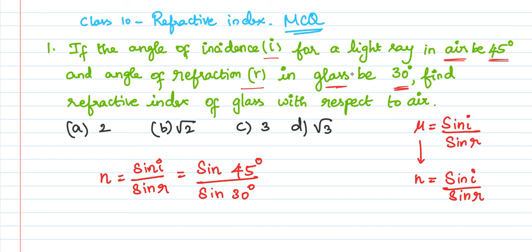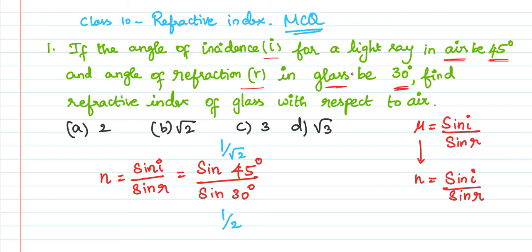So from the trigonometric ratio table we are going to find the value of sin 45. It is 1 by root 2. So note it down: for sin 45 it is 1 by root 2 and for sin 30 it is 1 by 2. Anyhow you need to memorize these values, only up to certain angles. So don't be afraid, you can easily memorize that. Many tricks are available on the net also.